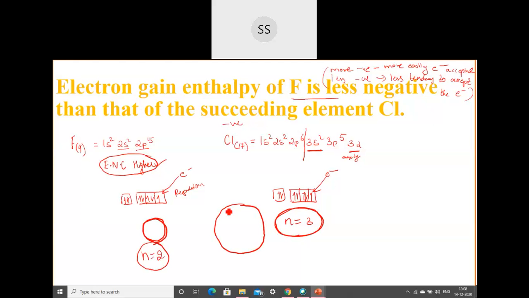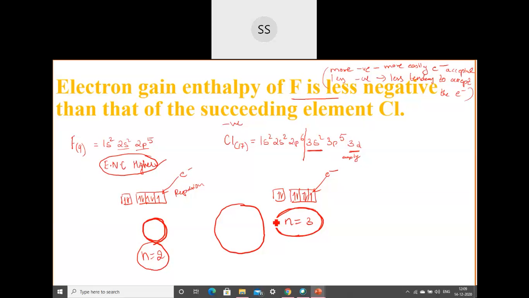Yes, it has more place available. In the third shell, they have 3d orbitals, no? So that is the reason that even if they are undergoing repulsion, they can just expand their orbital a little bit. It is possible because this is empty. Here it is not possible. They can't expand their orbital because there is nothing else available for them. They are only confined to this particular orbital.